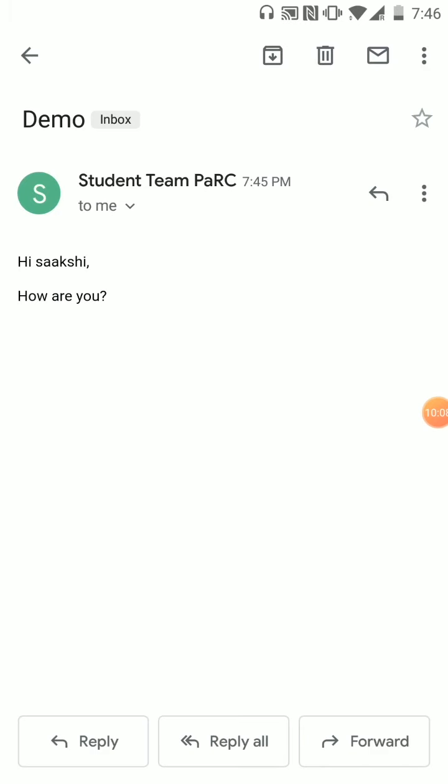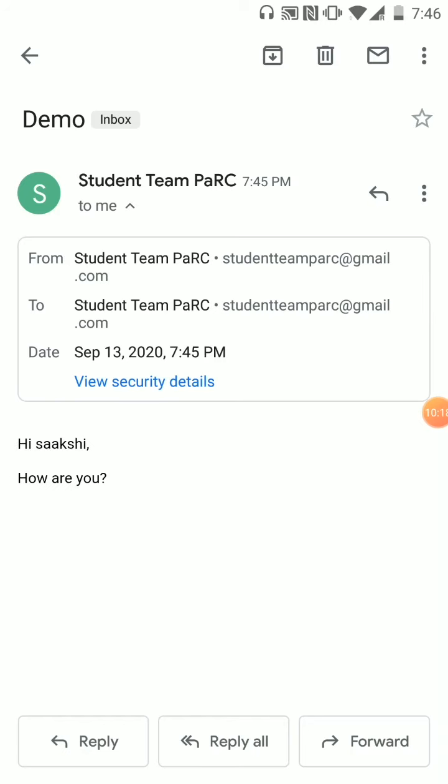Now if you receive a mail, how do you reply to it? So you can see at the bottom you have three options. The first one is reply. So using the reply option, you can send the mail to the person or the people who are in your to option. You remember there were three options: to, CC and BCC. So when you press reply, only the people in the to list are replied to.